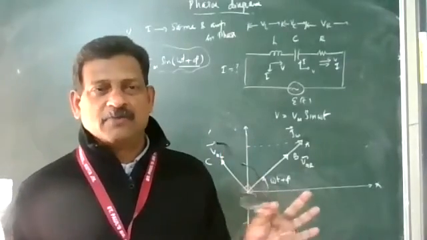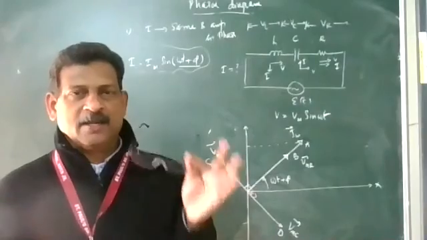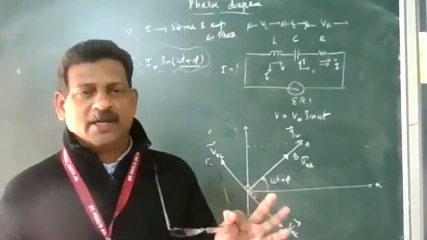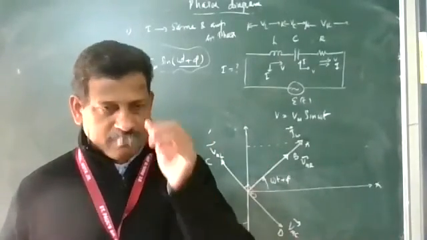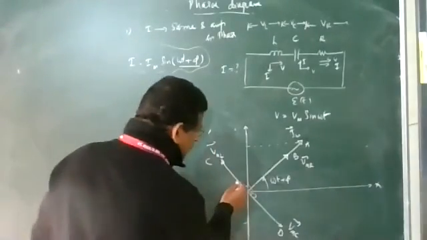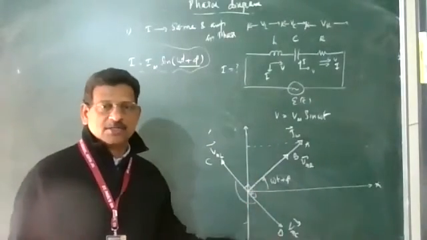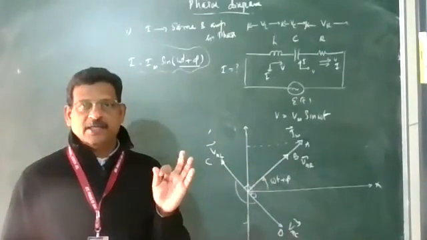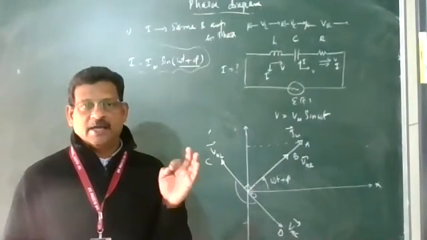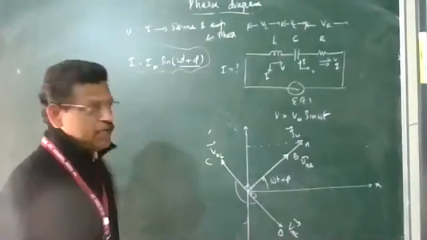Very important. The phase difference between the inductor voltage and the capacitor voltage in an LCR circuit is 180 degrees. They oppose each other. So how can you find out the resultant? Now three voltages are there. These three voltages are taken as a vector sum. What is the net maximum voltage?